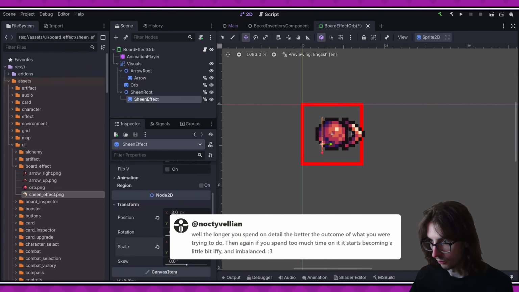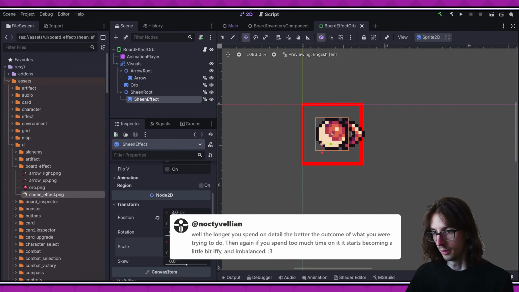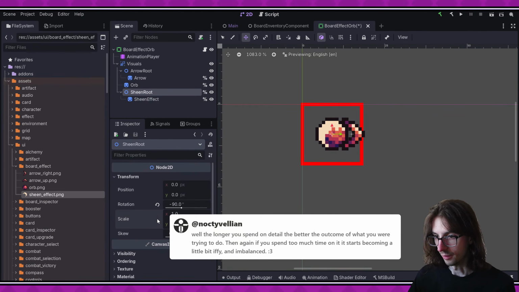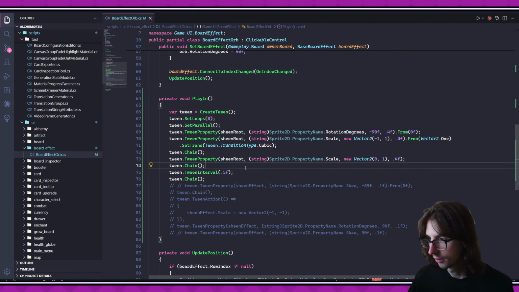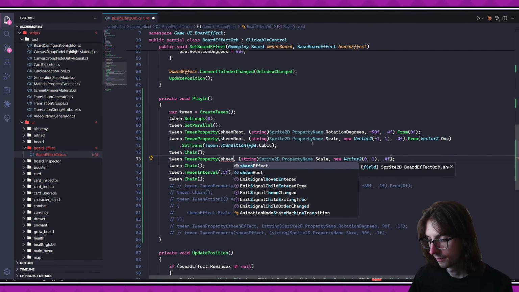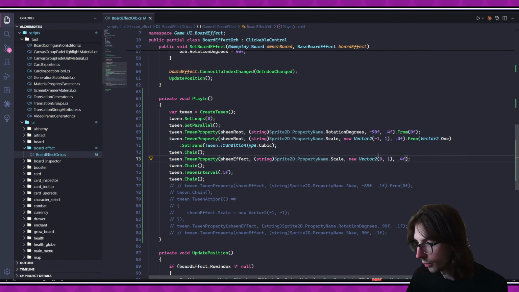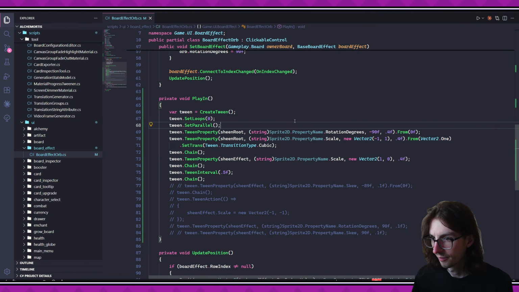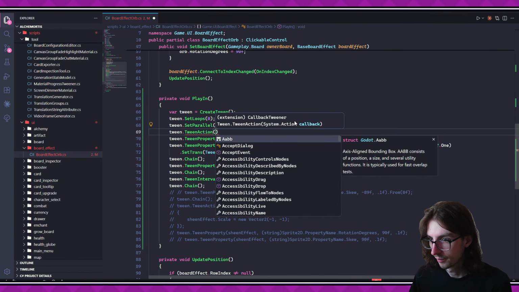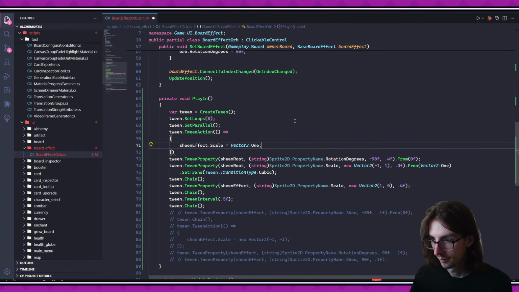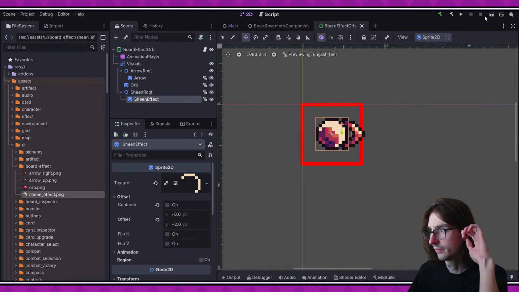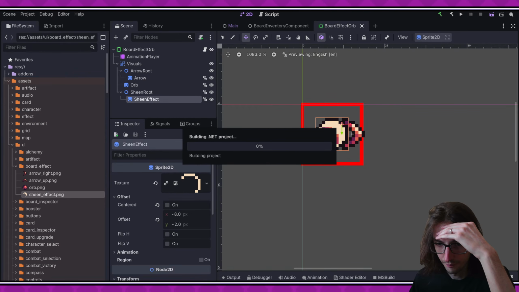Actually, you know what? I might just change the Y. Yeah, let's try just scaling the Y then. So anyway, we got the sheen effect. This one, new vector 2, 1, 0. Kind of interesting. I don't know how good this is going to look in practice, but using Godot to edit